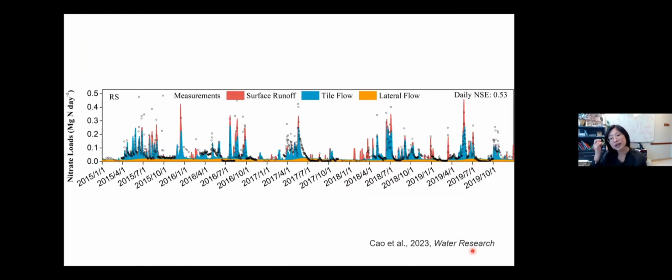As I mentioned earlier, we can estimate how much nitrogen loading comes from different flows each day. So here is an example from one catchment. What you can see is that tile flow, shown by the blue area, is the dominant contributor to nitrogen delivery, while surface flow, shown by this red color, only plays a small role in peak flow events. Although nitrate concentration in surface runoff could be very low, if we have a heavy rainfall, the large amount of surface water discharge could make the nitrogen loading from surface relatively high during such events.